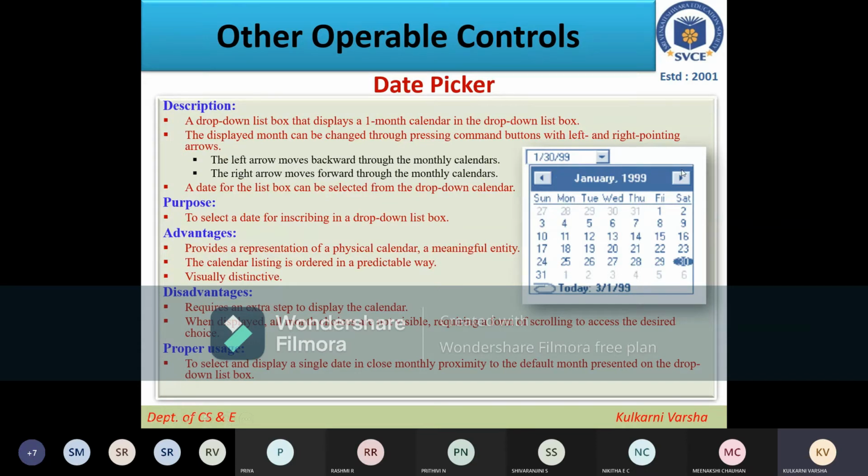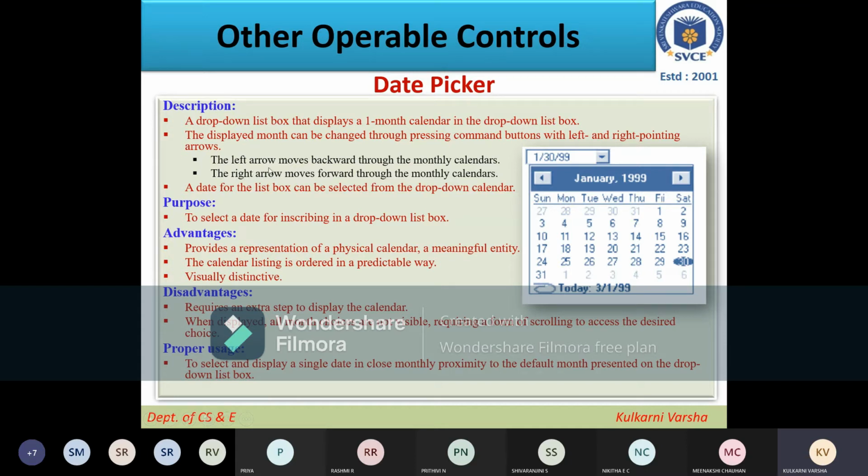And you know that for this there will be buttons through which you can increase the year, or you can increase the month, or you can decrease the year or month. And through this you can select the month and date. So you have seen all these things. The same thing they have given from the point of view of the developer. You have to understand it, right?